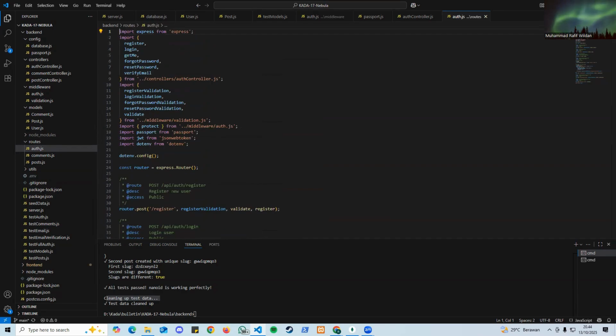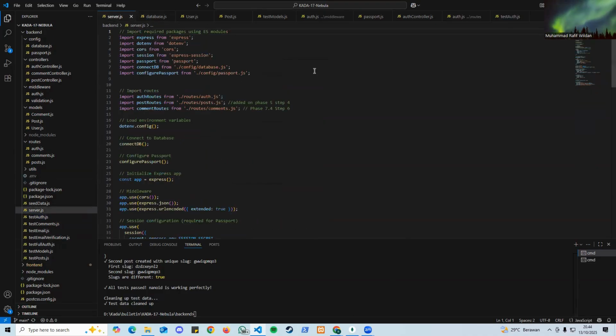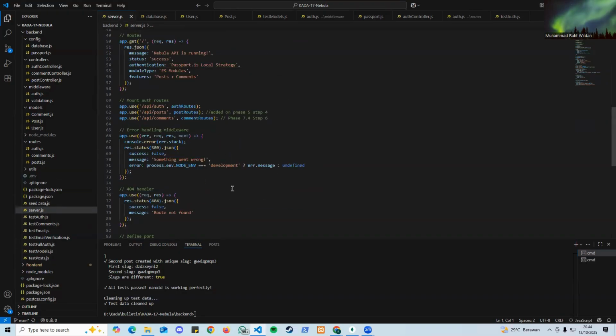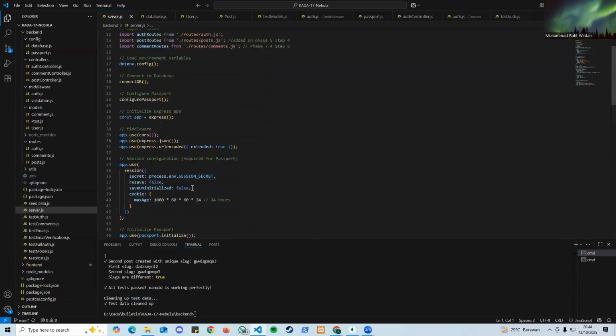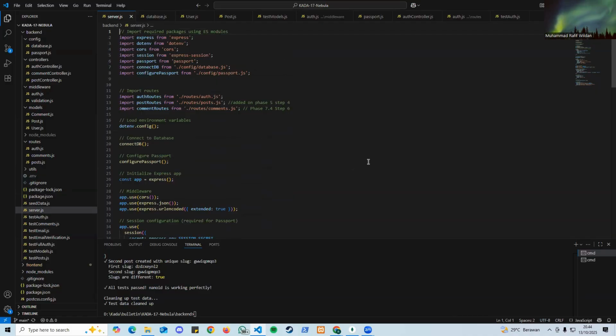Dan terakhir kita bisa mengetes autentikasinya dengan cara menjalankan servernya terlebih dahulu. Oh ya, sebelum itu setelah mendefinisikan routes-nya tadi, kita menyimpan itu semua di server, sehingga ketika server dijalankan dengan npm run dev, akan langsung menjalankan keseluruhan dari tadi yang sudah kita buat.